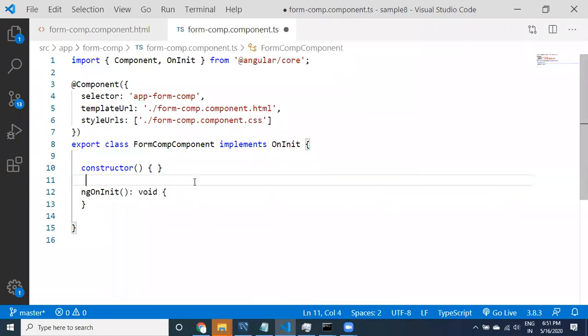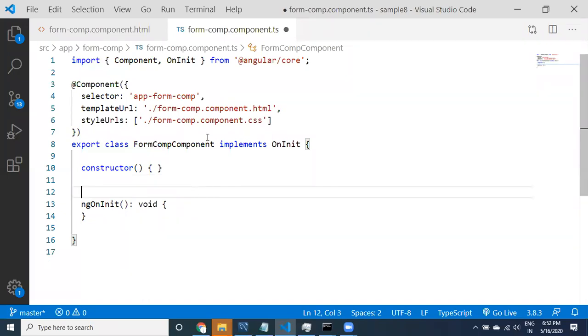How many text boxes are there? Three text boxes, so you can take three properties, or you can take a json value also, only one property. Let me take properties. What are the three properties?